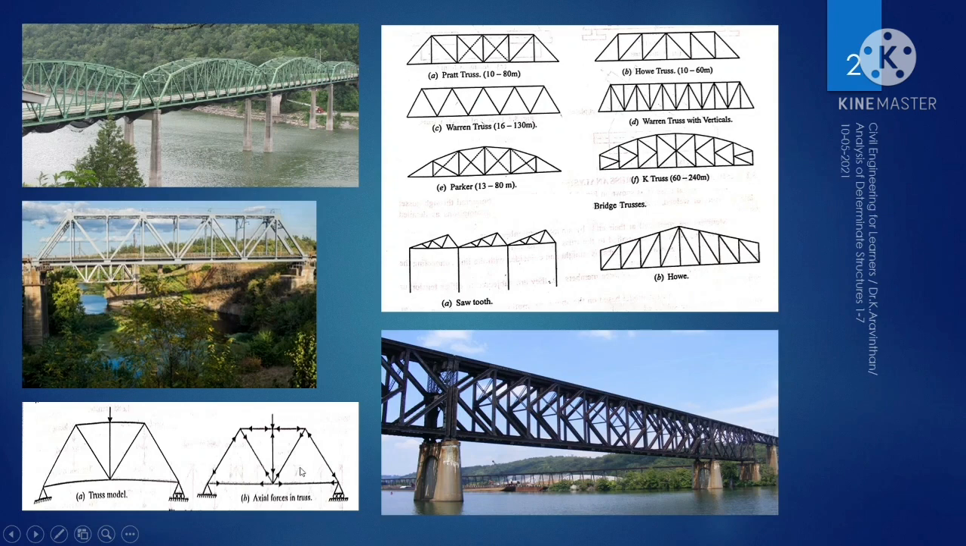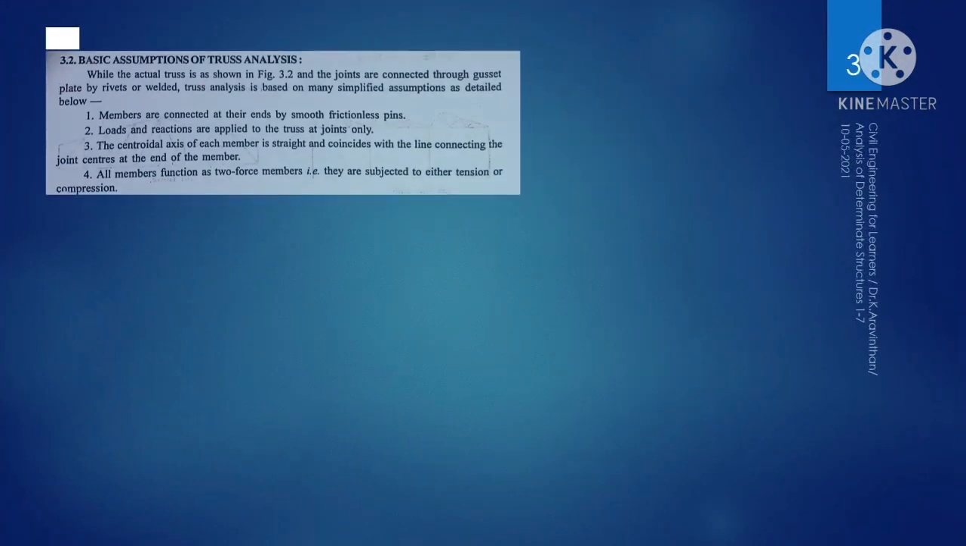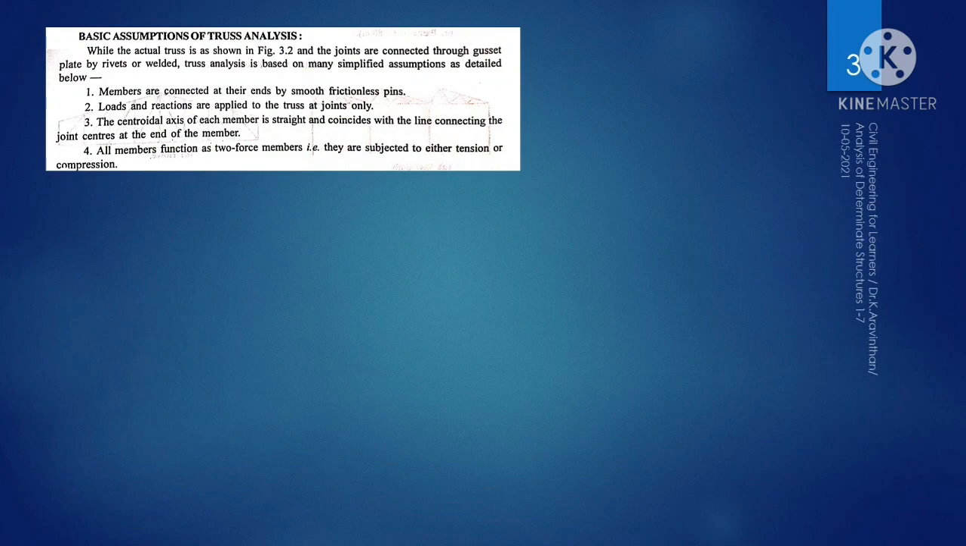So during construction, to achieve this concept, we need several members. So you are making these elements, so there are components in order to make sure that the load only acts at the joint. So let us see what are the basic assumptions of a truss